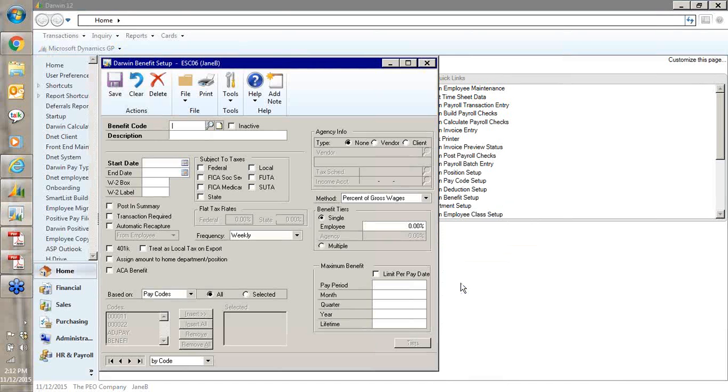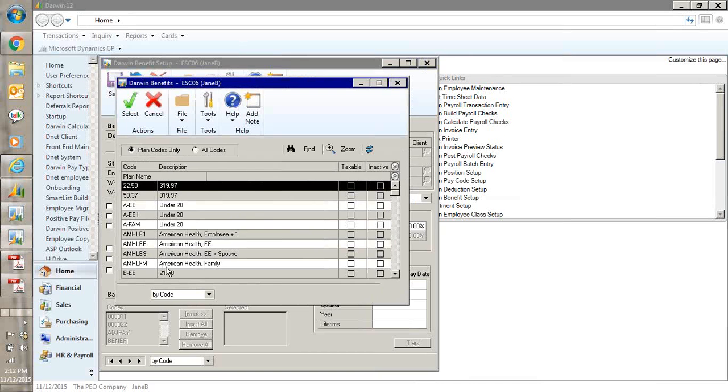The reason for this is because the ACA is requiring things monthly. We have to have a way for the system to identify if an employee was enrolled for a month or not. So what we've done is we've gone out, and if you look at a benefit setup,